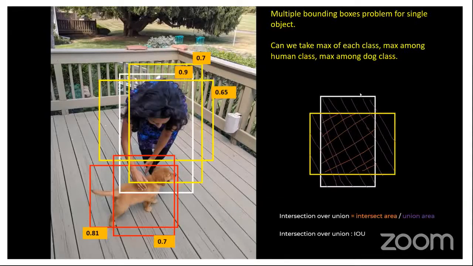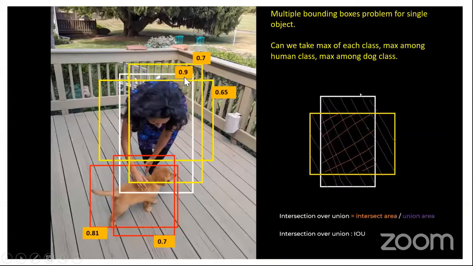So in that scenario, something known as IOU will come into the picture, intersection over union. What you will do is find out the bounding boxes which have higher IOU. So what is higher IOU? You will find out the area of intersection of two bounding boxes.